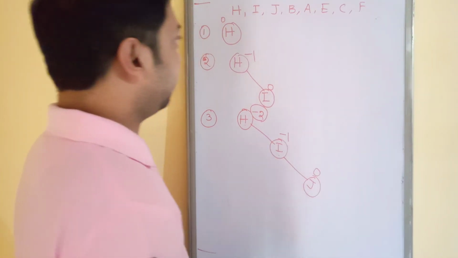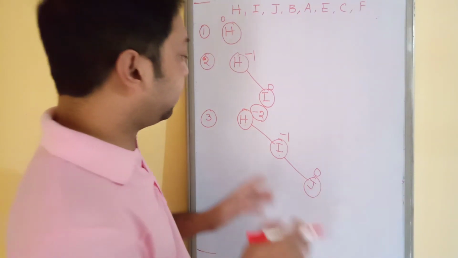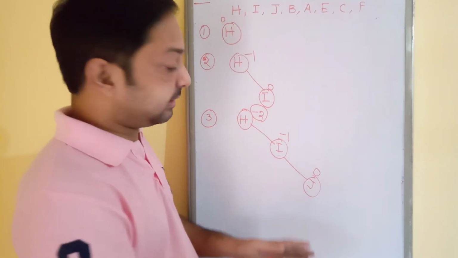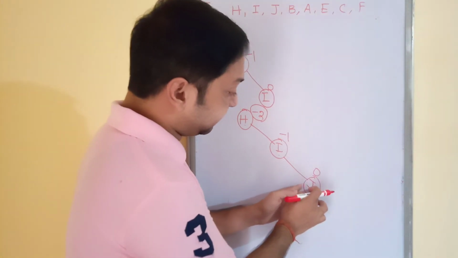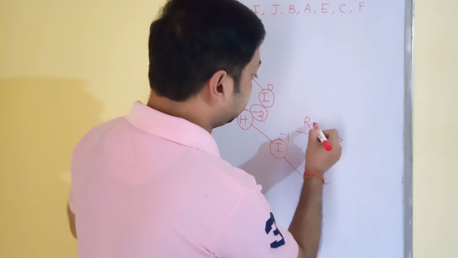So for that, you need to apply the rotation. Now the question is which rotation you need to apply. So find out on which side the unbalance is. That is the right hand side, and the node was again inserted on the right hand side. So it's a very simple one, that is your RR rotation.